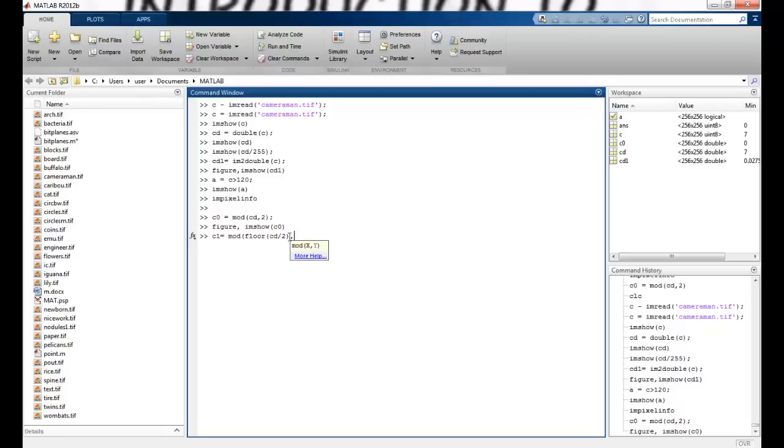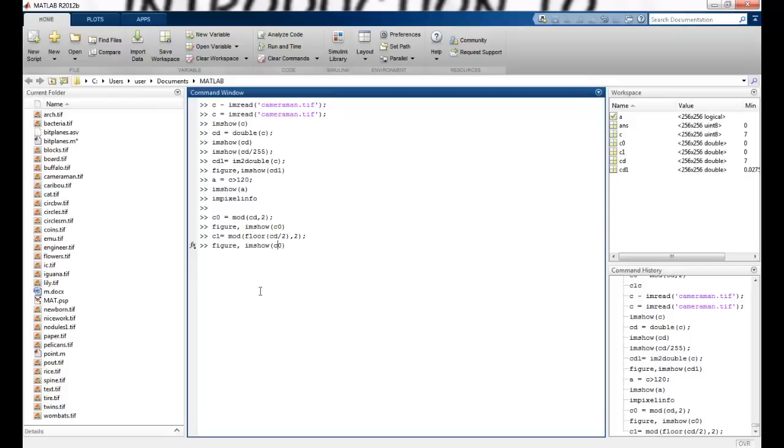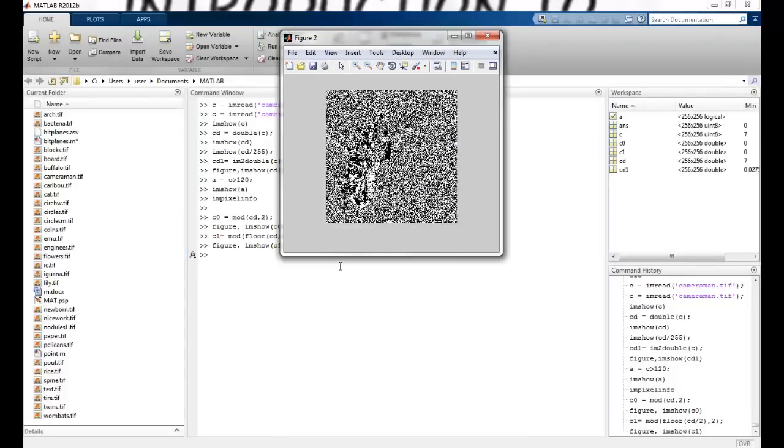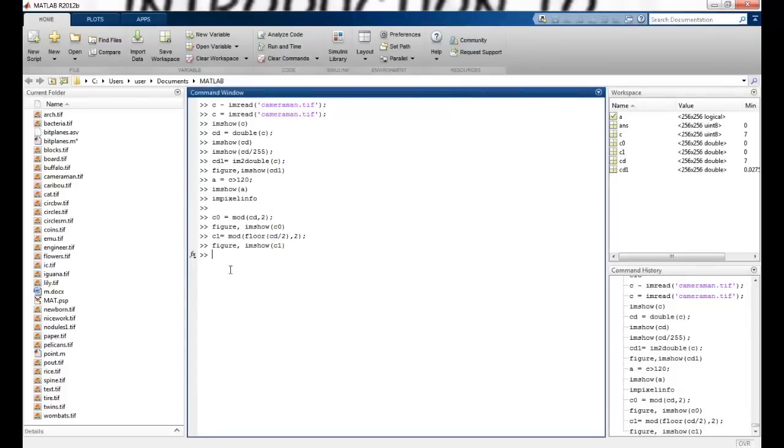So I have just discarded the remainder, and now I can again divide this image by 2 and get the modulus value. So this should hopefully show me the other value. That's bit 1. So you can see some kind of information is now visible. I can keep doing it for the other values also.